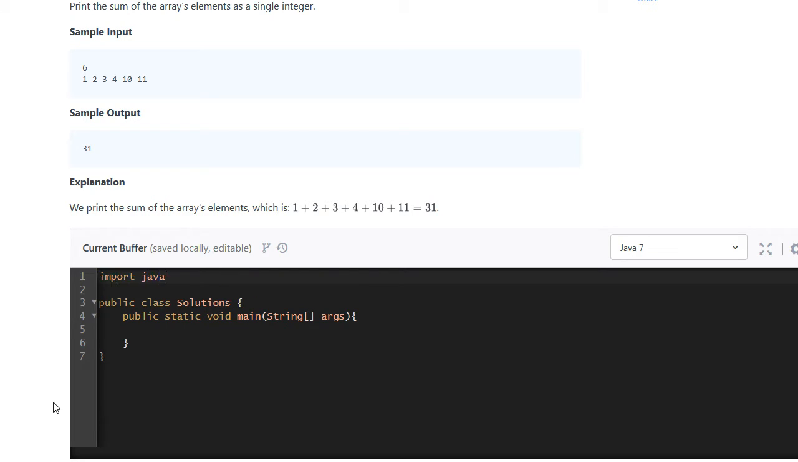In order to get the scanner, we have to import java.util. And now we can do Scanner, call it in, equal to new Scanner, and that scanner is going to read things from the standard input, which is System.in. So now if we do int n equals in.nextInt, in the case of the sample input, now n would hold